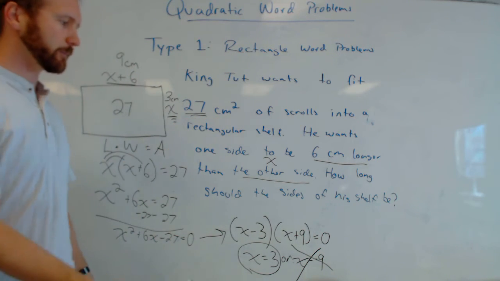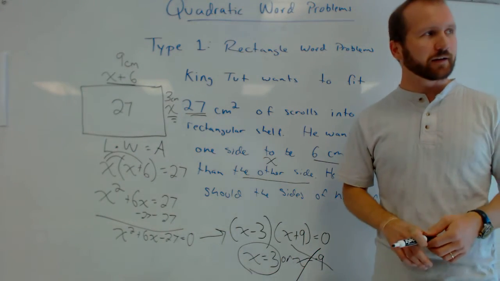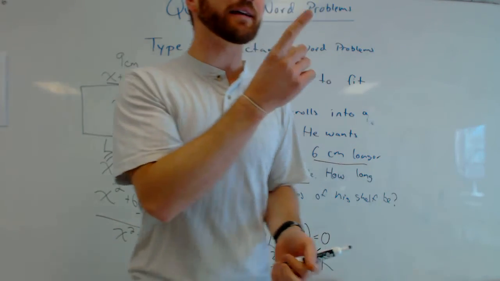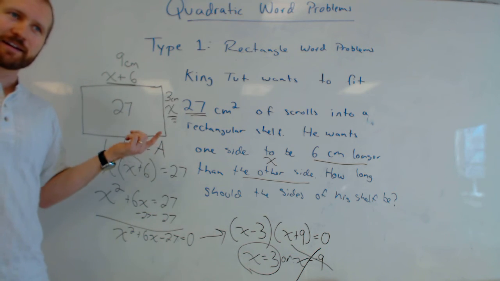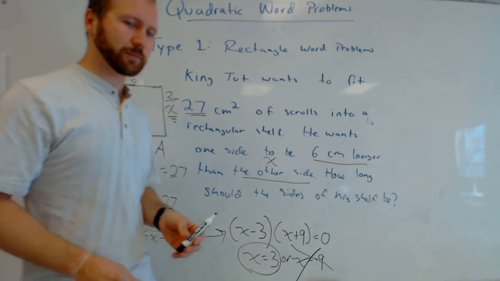Could you just use logic and say factors of 27, one of them has to have a difference of 6? Yeah, if you think about it, that is what we did. I know, but that's a lot. I understand it. That is what we did. Wait, but Nate, how do you write it? How do you